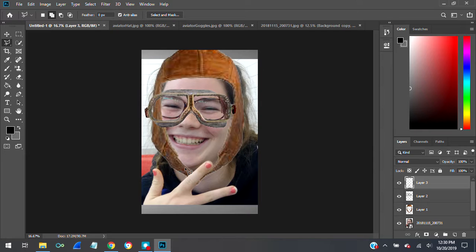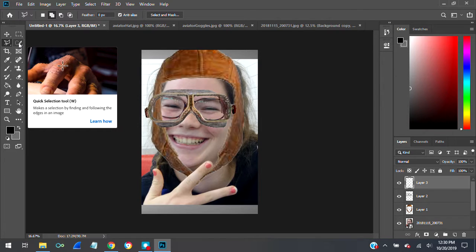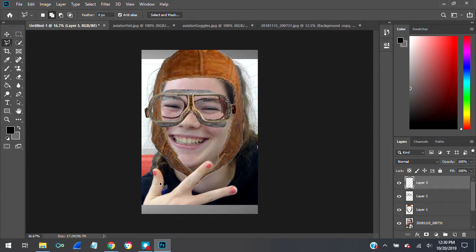To get out of that, by the way, I pressed escape. So what I'm doing is the polygonal lasso tool. It works better than the quick selection tool, magic wand tool, and all that for cases like this where I just want to carefully select the edges of her